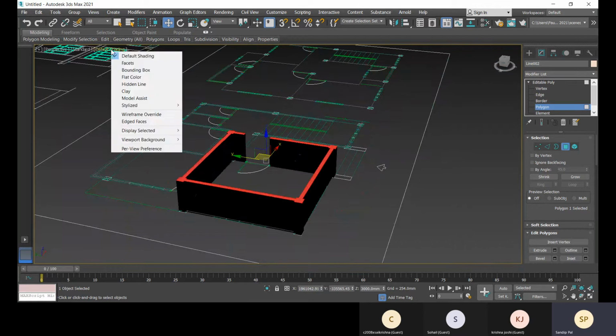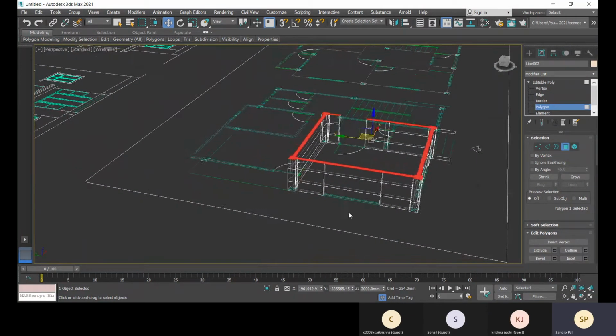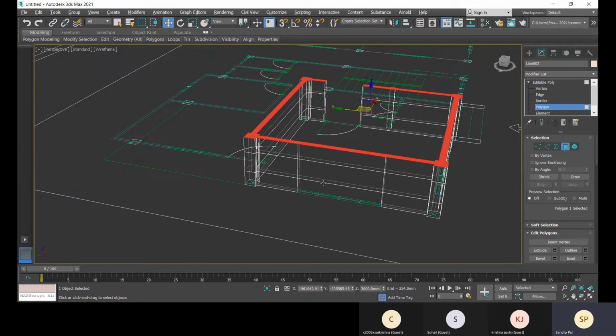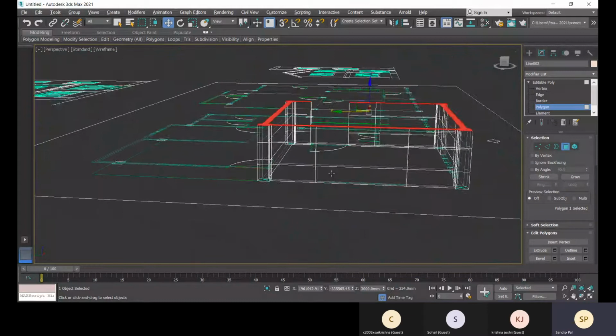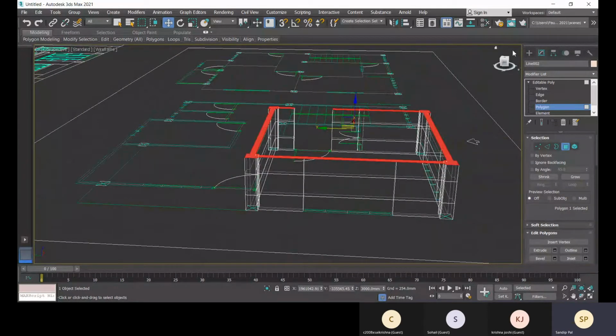Okay, and go with wireframe view, wireframe override. So see, this is up to 900, and that is your 1200. According to that, in the customize, make sure the unit is proper.